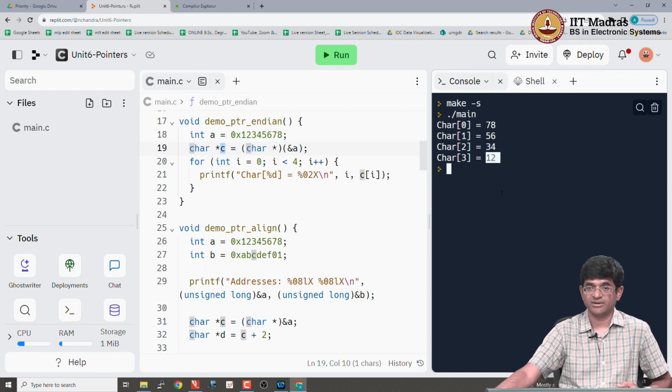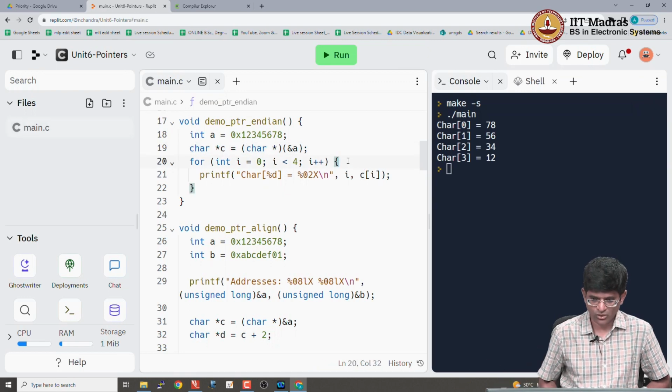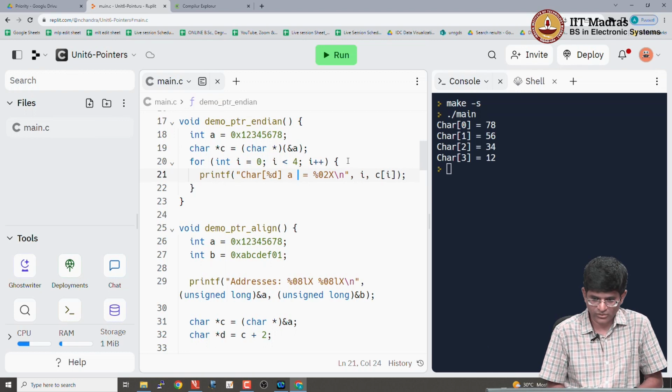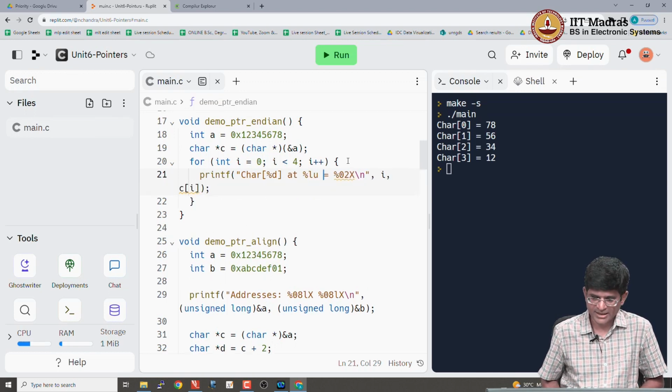This is what we expect, because after all this program is running on Replit of course, but on an x86 class processor. We can also get the addresses of the individual locations. How would we do that? We could, for example, ask it explicitly for the address and say